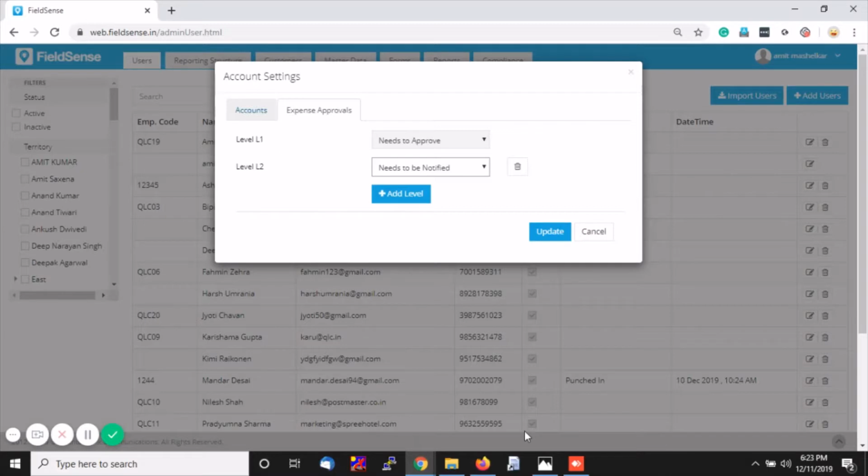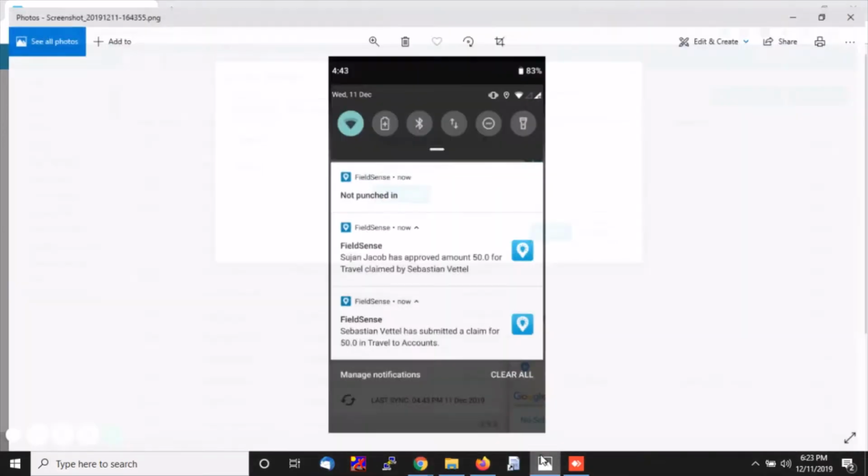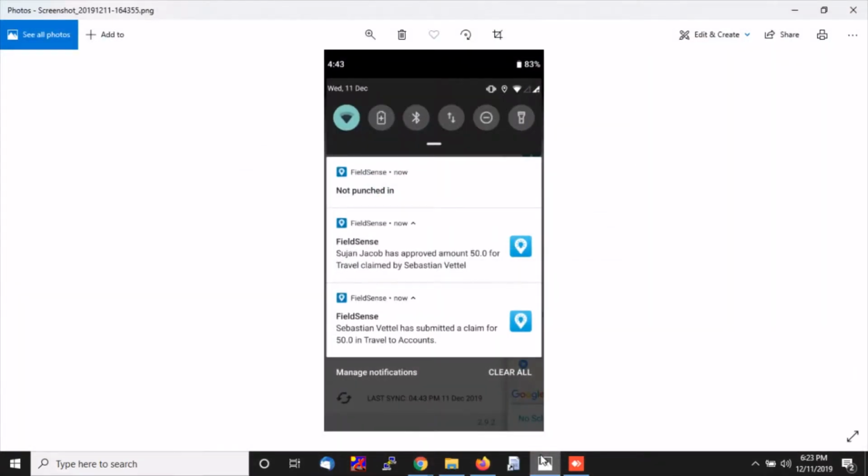So this is the notification that will be displayed. I have already logged in and taken the snapshot. You can see an expense which was claimed by Sebastian and is approved by Susan. It's clearly visible in the notification.